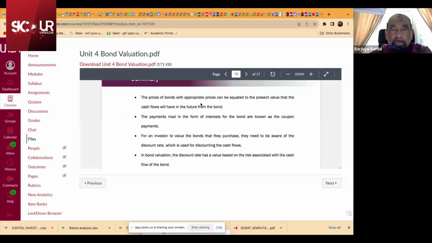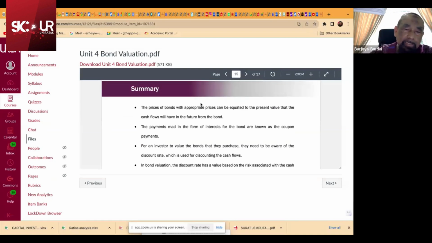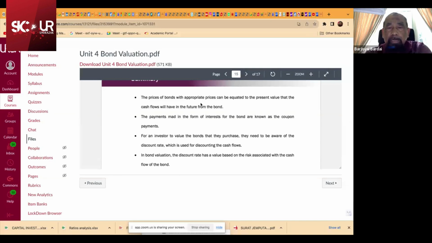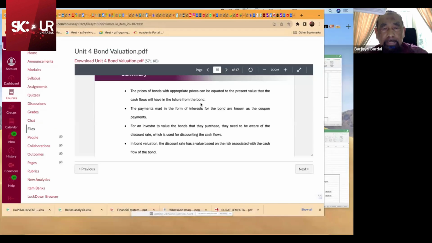And as a summary for the discussion, we say that the price of a bond with an appropriate price can be equated to the present value that the cash flow will have in the future from the bond. So, for example, when we calculated just now,